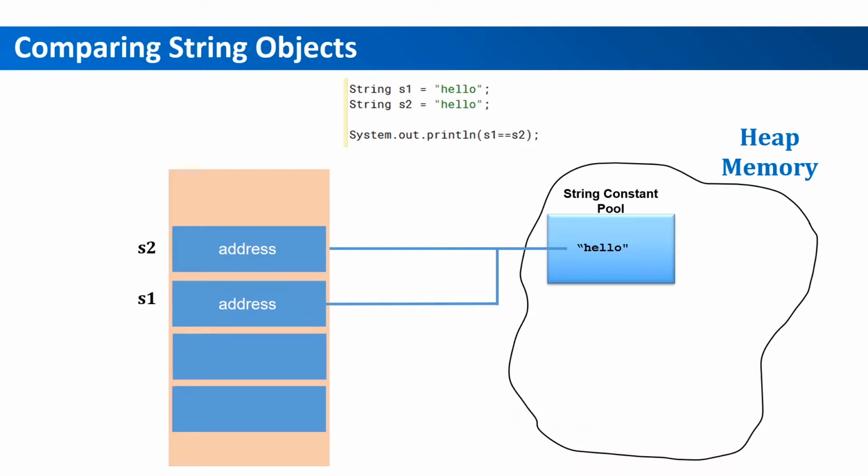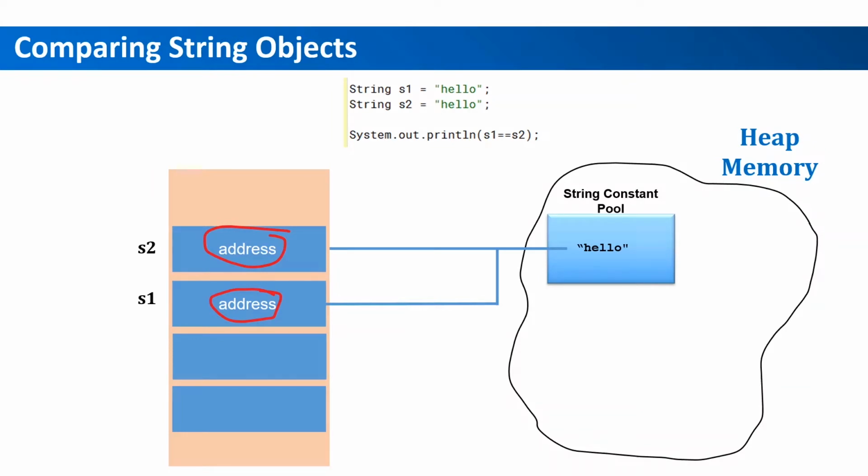This way, if you have 100 hello string literals in your code, all of them will be pointing at the same string literal in the memory. When we ask if s1 is equal to s2, what Java really compares are the addresses in the stack memory and not the string literal in the heap memory. That's why it returns true, because both s1 and s2 reference variables contain the same address pointing at the string